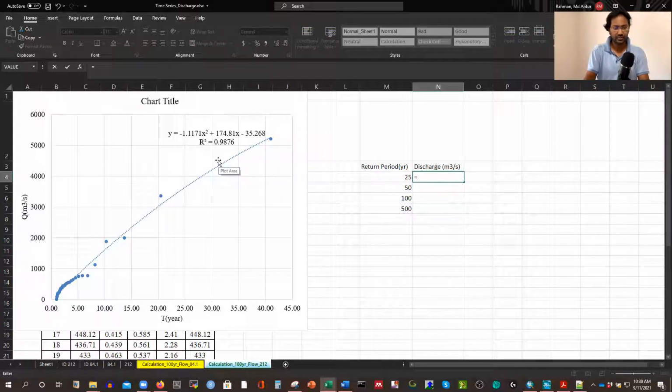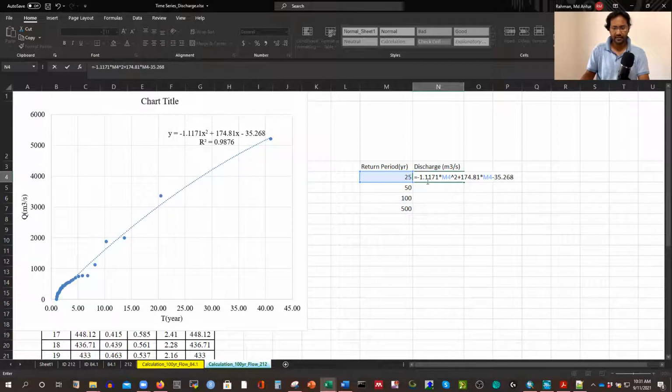Then the first value will be minus 1.1171 multiplied by the square of x, this value. And how can I put this square? This is the square term. Then it will be plus 174.81 multiplied by x again, this value, and then it will be minus